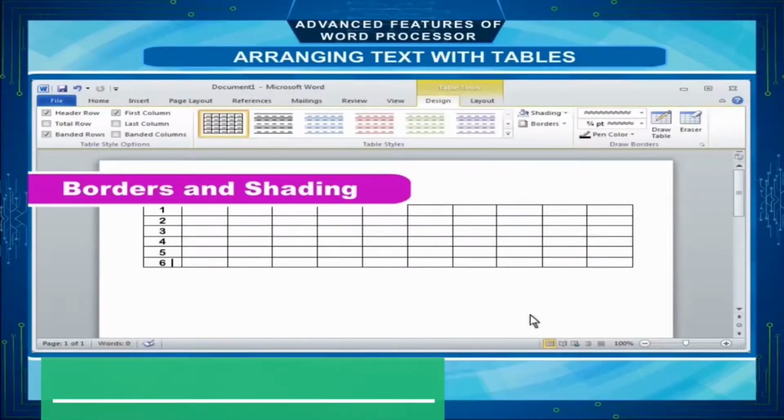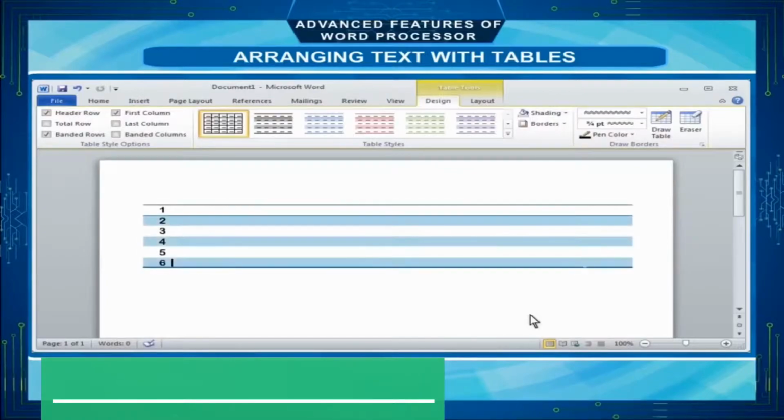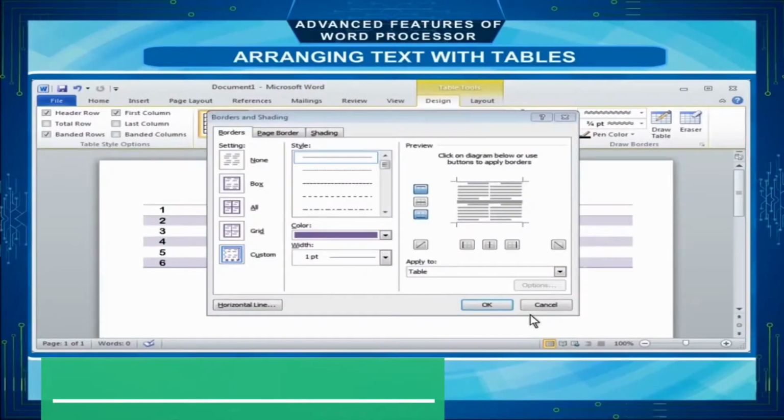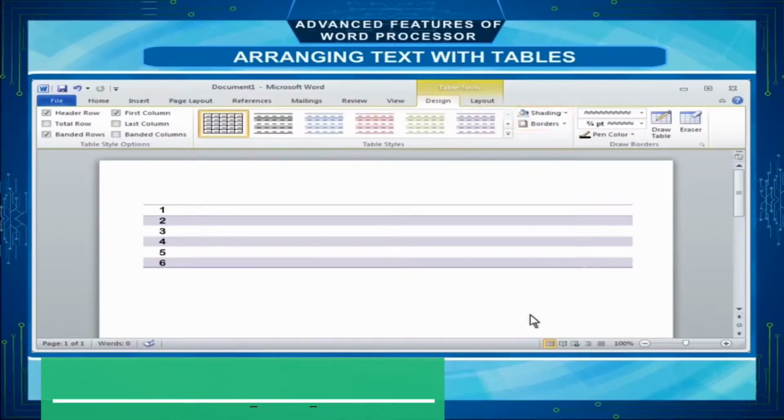Borders and shading. A table can be made more presentable by giving borders and shading with a combination of colors. These options can be easily applied by using the borders and shading feature. The borders and shading toolbar allows you to add border styles, shading, text effects, alignment, and many more options to